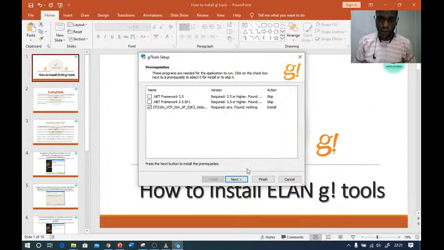So here we are. Now it's asking for the software for the CPU. You don't have it, so it's going to download it. Next.